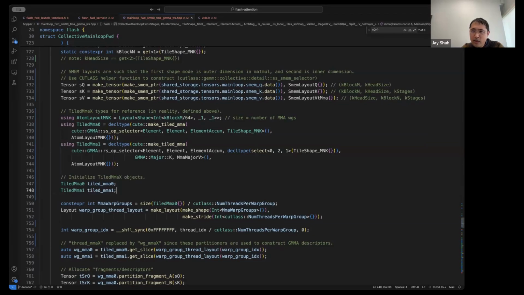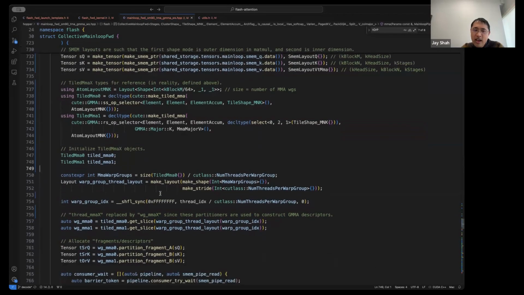I initialize these objects and use them, via the thread-wise slice, to partition the shared memory tensors. Let me point out that in my case, the tiled MMAs have to do with WGMMA, and the only thing I need from them is really what warp group index I'm using.